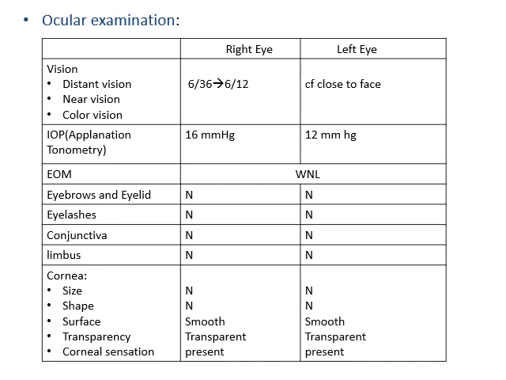This occurs in the infection of meibomian glands, which is known as meibomitis. Also, there can be inward turning of the eyelids, which is known as entropion, or outward turning of the eyelid, which is known as ectropion. Now, eyelashes were normal for both the eyes in our patient.